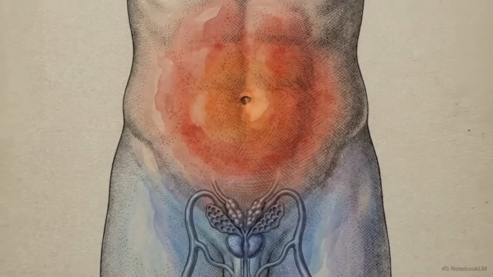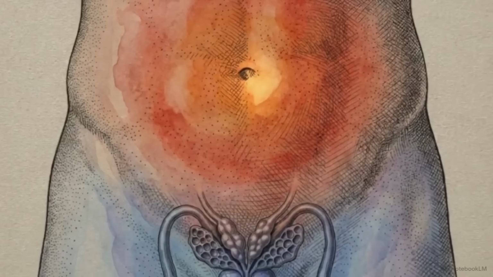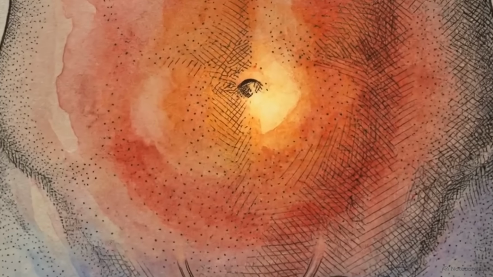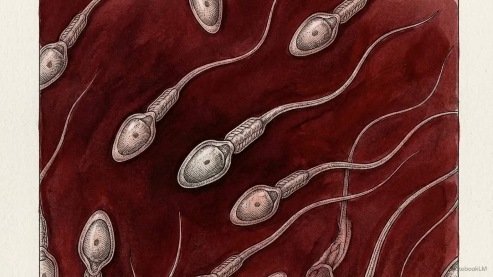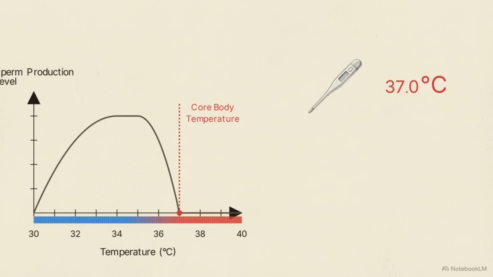Every biological system operates toward a primary objective. For the male reproductive system, that mandate is the synthesis of viable gametes and their delivery. But this manufacturing process faces a strict physical constraint. Spermatogenesis, the production of sperm, cannot occur at standard internal core body temperatures. To yield viable gametes, the surrounding environment must be strictly maintained at 2 to 2.5 degrees Celsius lower than the